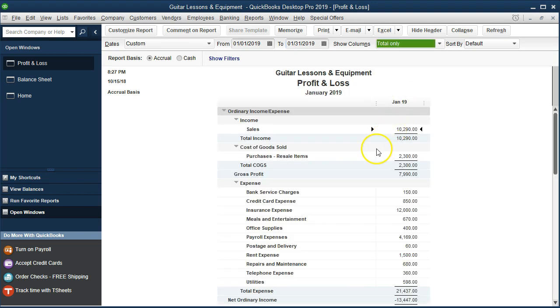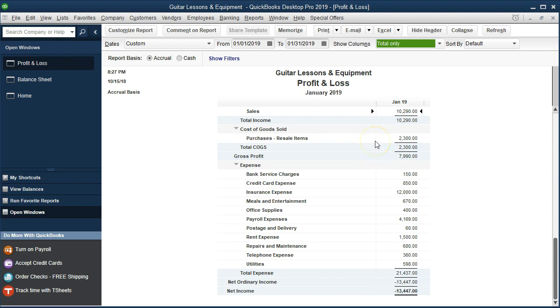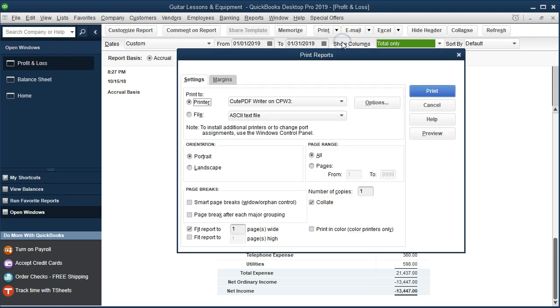Again, I'm not going to get too much into the formatting here. It's pretty straightforward standard formatting, but you can look at the formatting up top and check out how you can change the formatting and make some differences here. Now I'm just going to print this out, so we're going to go to Print. I'm going to print it as a PDF file so that it will then save and we can then send it. Also note that you can email it straight here up top and email it,